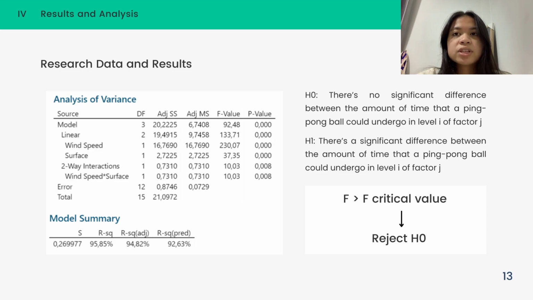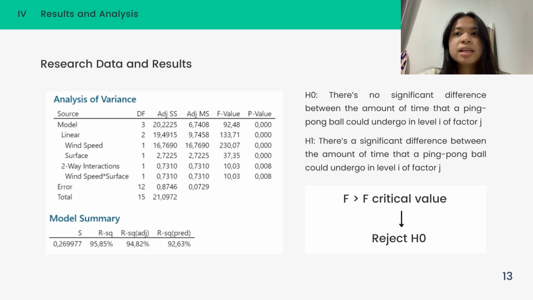If you see the F distribution table with alpha equal to 0.05, V1 equal to 1, and V2 equal to 12, we will obtain that the F critical value is 4.75, and this value is smaller than the F statistic that we obtain. Therefore, we can reject the null hypothesis and conclude that there is a significant difference between the